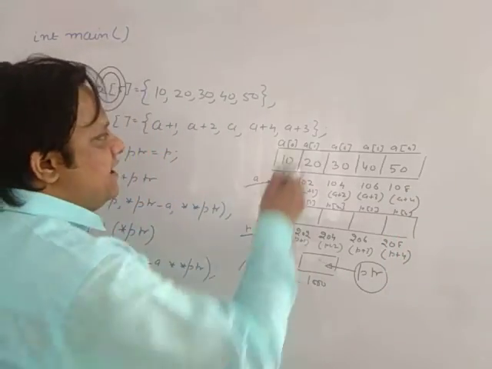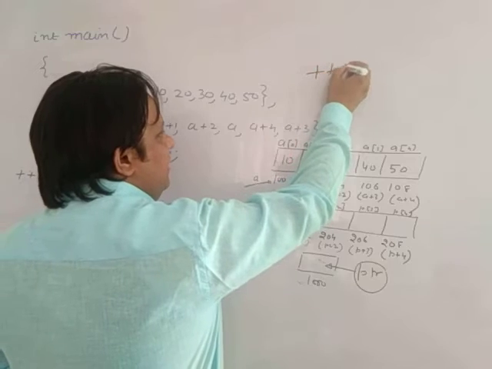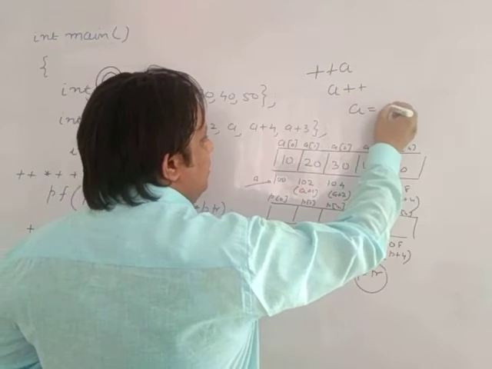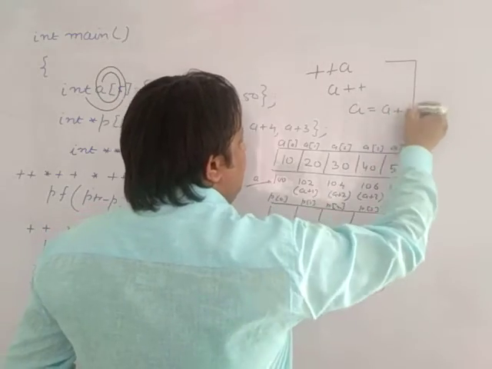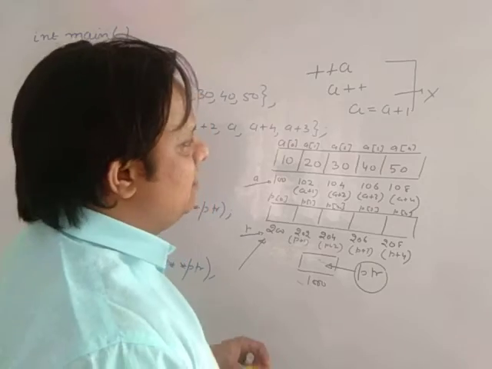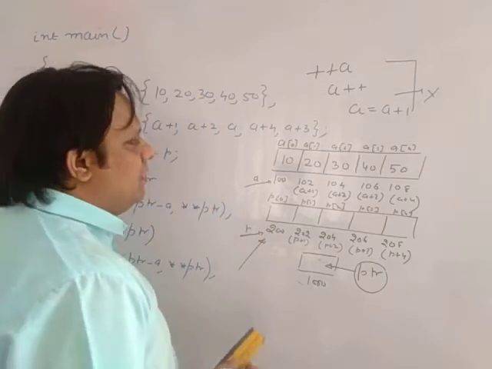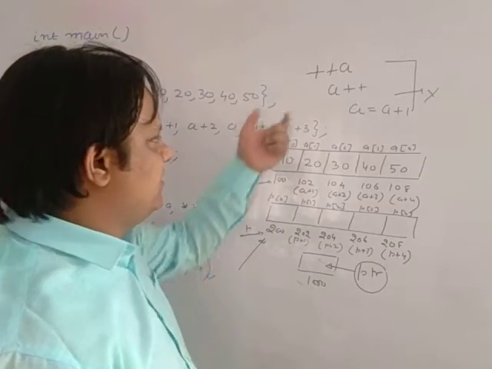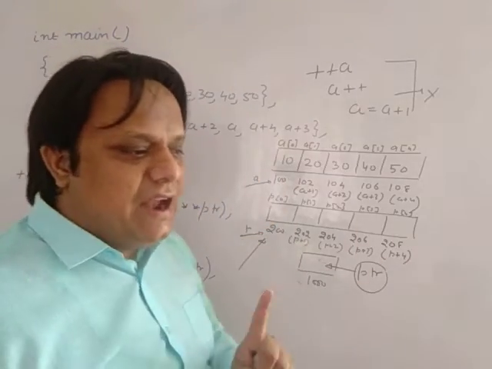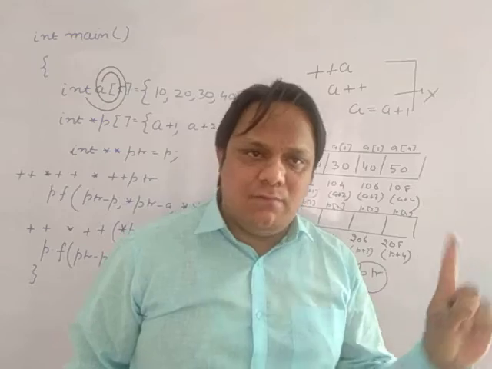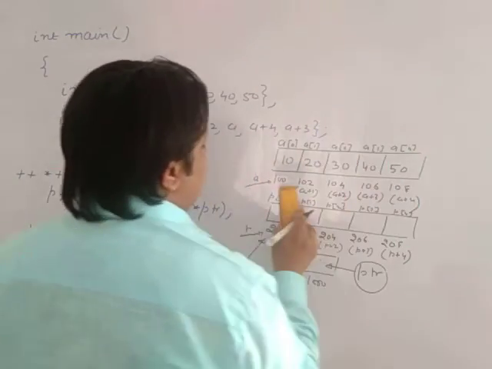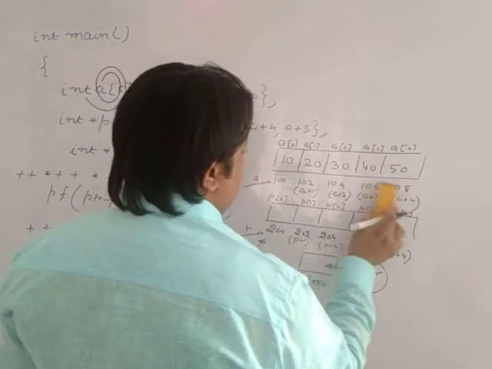108. Remember guys, in case of arrays you cannot modify the addresses like a++ or ++a or a = a + 1. These three are not possible in case of array. Same goes with the decrement also. You cannot decrement the address of the array. But what you can do is take a pointer, assign the address of the array to the pointer, and you can modify the pointer but not the array. Array addresses are constant values. You cannot modify them. Remember one thing. Right. So this is a plus 1, a plus 2, a plus 3, a plus 4.